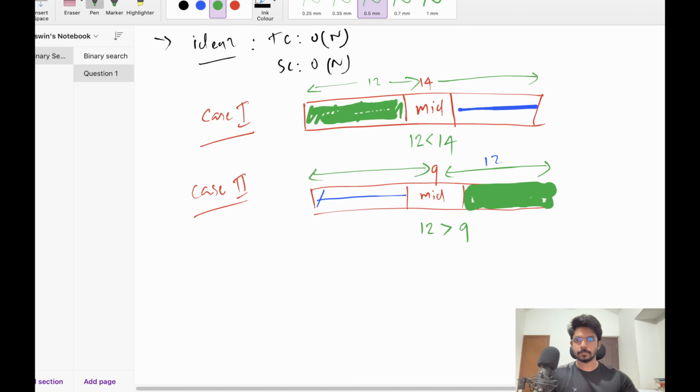In case 1, if the element that we are searching for is less than the middle element, then we go to the left. And if the element that we are searching for is greater than the middle element, then we go to the right, search for this part. Here search for this part, and then comes the third case,